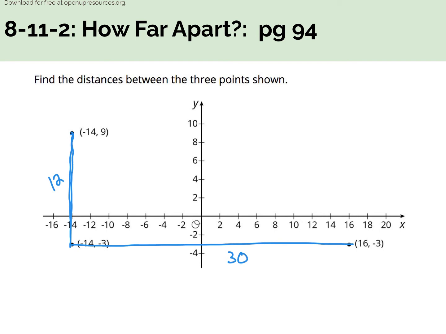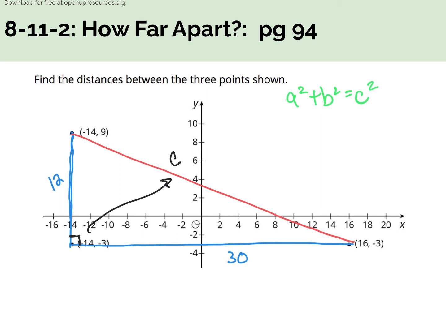So how do we find the distance between these 2 points? One of the things I'm noticing is that I have made a right triangle. The blue lines come and they're perpendicular to each other. They make a right triangle. So what does that mean about the red line? The red line is our C, or our hypotenuse. How did we figure out the distance for C if we have a right triangle? Remember, it was A squared plus B squared equals C squared. It does not matter which one is A or B, so we're going to have 12 squared plus 30 squared equals